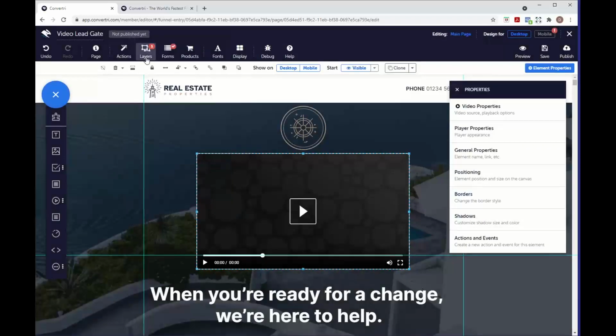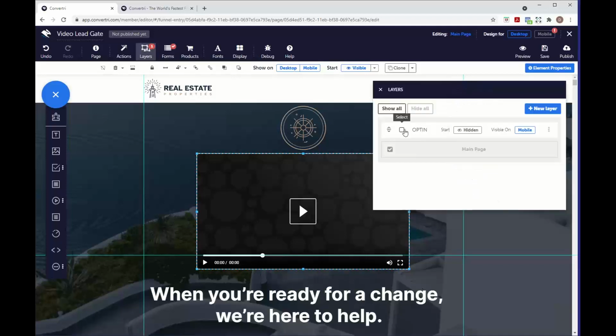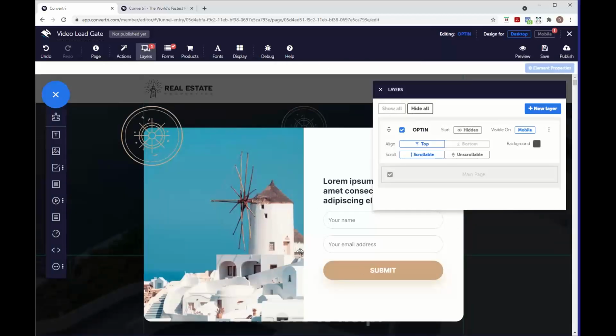You're also going to need your form. I'd recommend having it in a layer because it's just the easiest way to manage this. So you can see here I've got my opt-in layer. It's set to start hidden. If I turn this on, you can see what it looks like here. This is a pre-built one on this template, but of course if you want to build your own one, that's